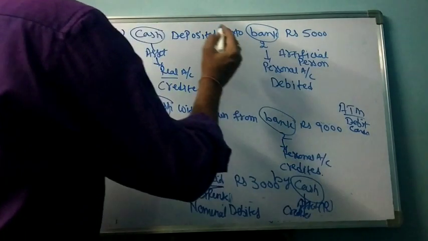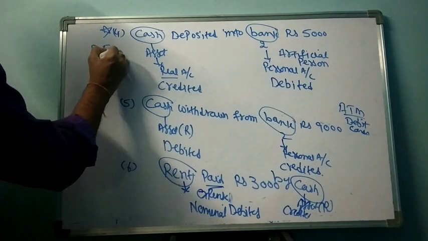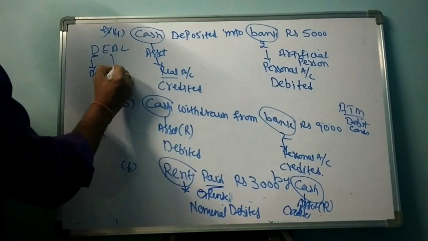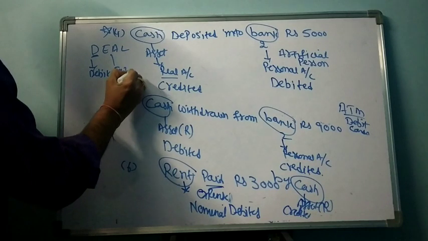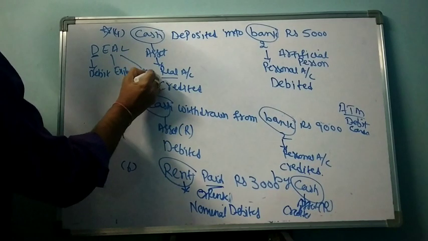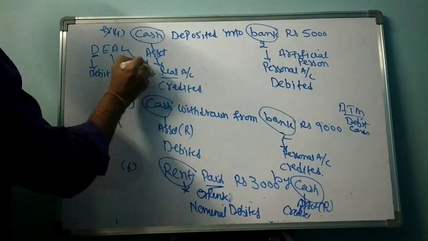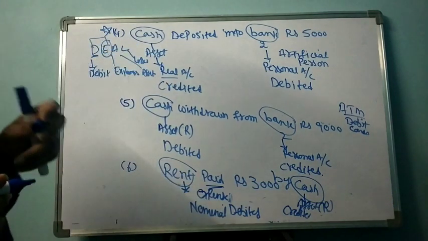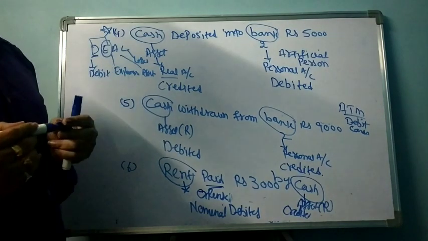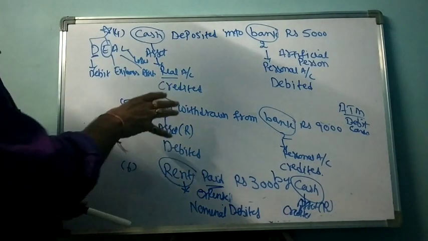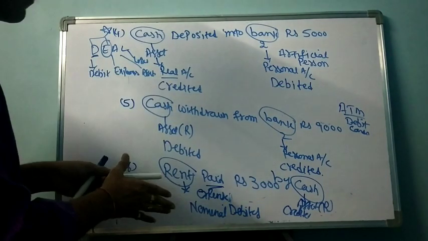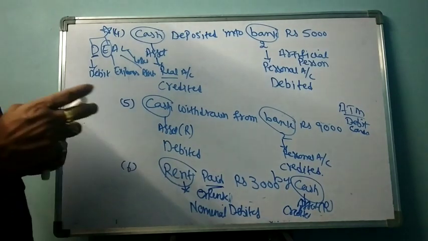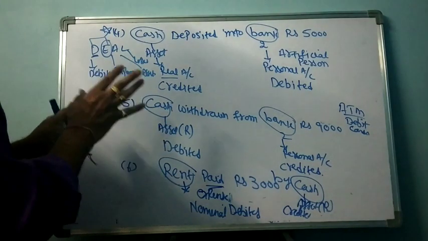You can apply the rule also, the rule which I mentioned: debit all expenses, assets, losses. Rent is an expenditure, so I am debiting the rent. This concept also I can follow, which I told in the previous classes. So these are some of the examples I have given for how to record the transaction by following the 3 steps in journal.